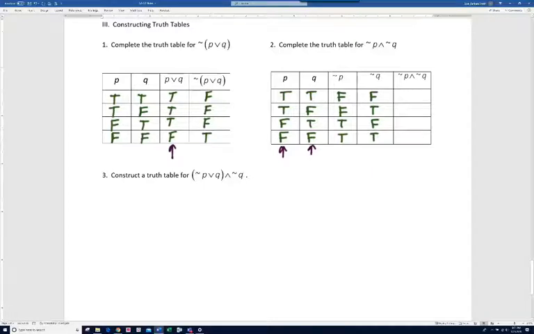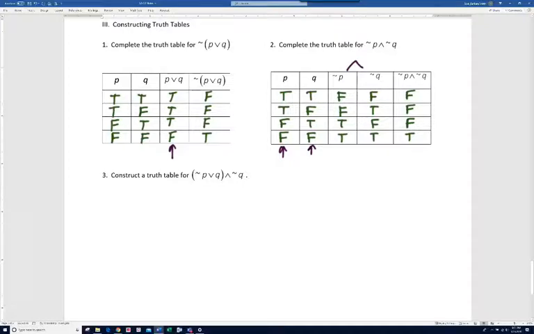So now notice we're going to be doing an and statement with not P and not Q. Remember, an and statement is only true if both statements are true. So that occurs here, and so we'll put a true there. Now in the other 3 cases, both statements are not true, and so these will be false. All right, so let's move on